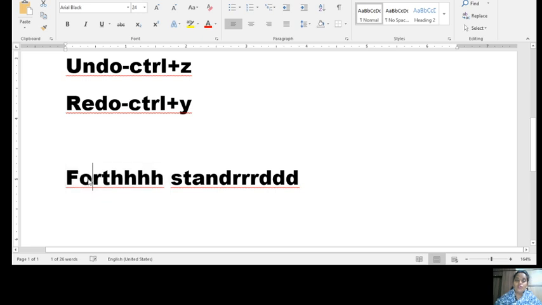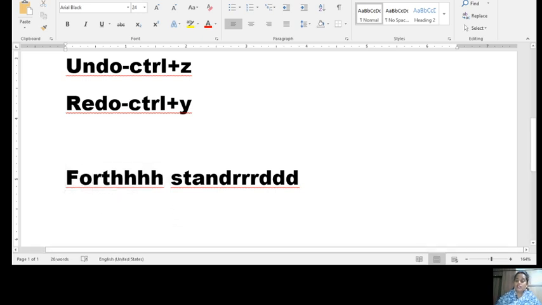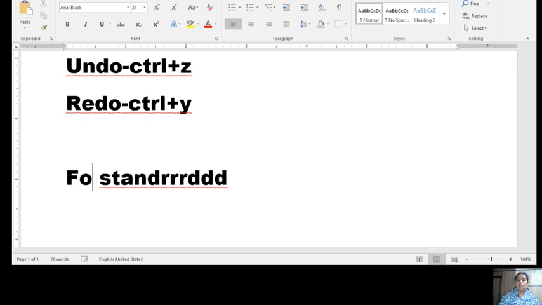Okay. What do you do? Usually it shows you the correct option. Okay. 4th. Can you see the line now? Can you see the red line now, children? Yes. Did you see now? Can you see the red line? No. This is how you do it. There is one more option where you can do this.